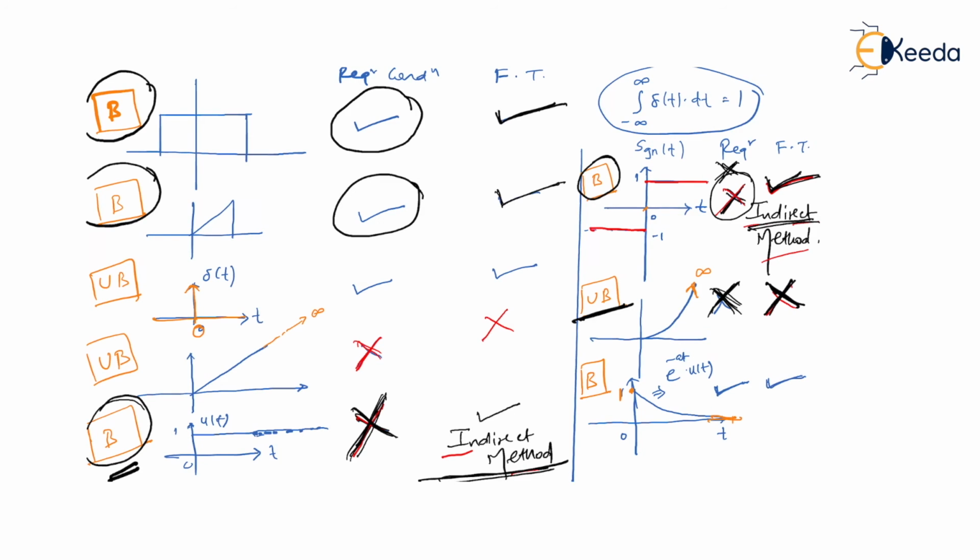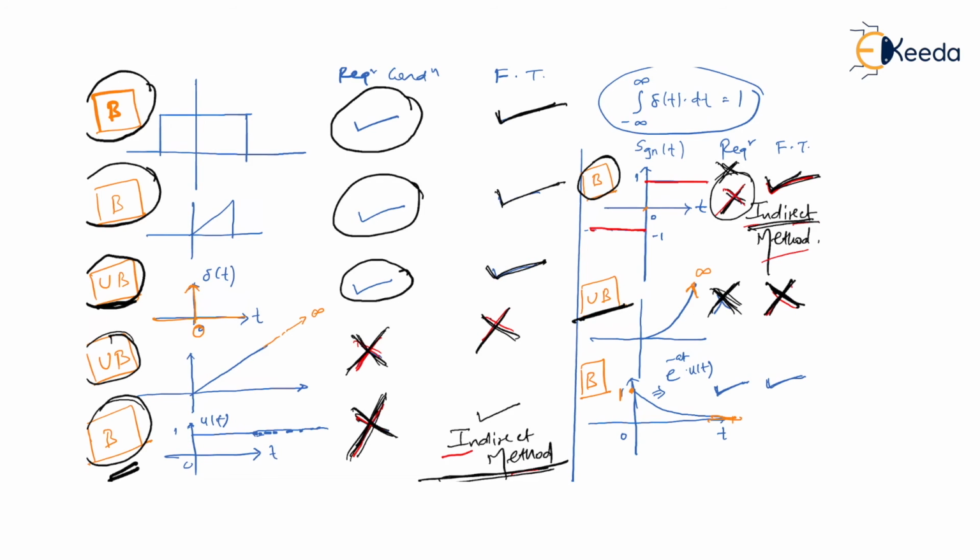Is that right? Here we have one more example. The required condition is not satisfied, then at least the given signal must be bounded, but here we have unbounded, and therefore again Fourier transform does not exist. Am I right? Okay. If the required condition is satisfied, then whether the signal is bounded or unbounded doesn't matter. It should give you Fourier transform for sure.